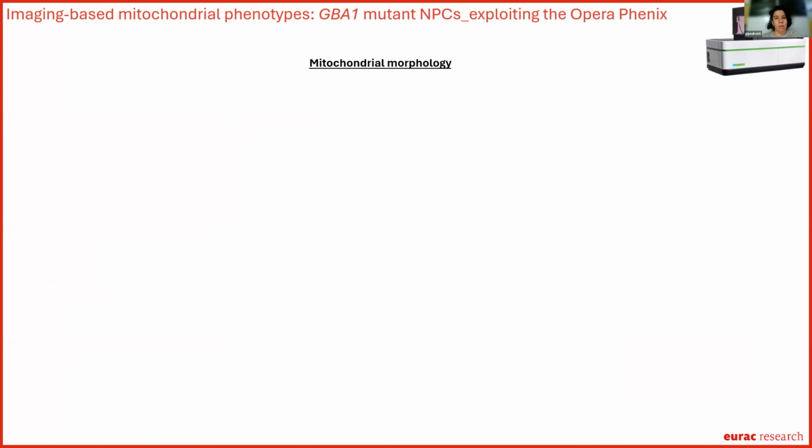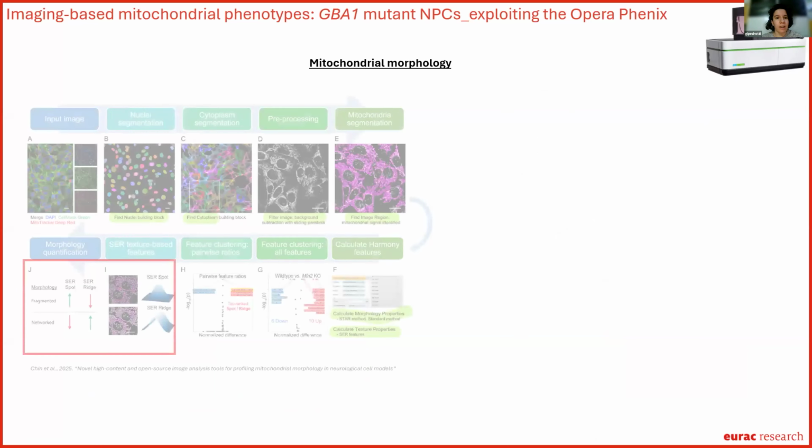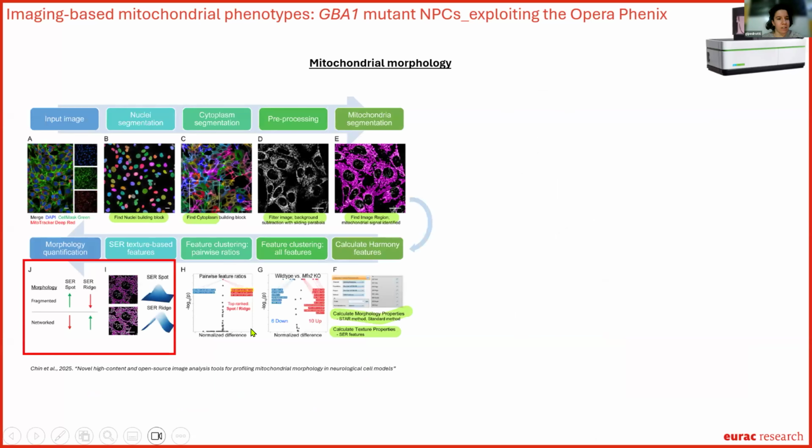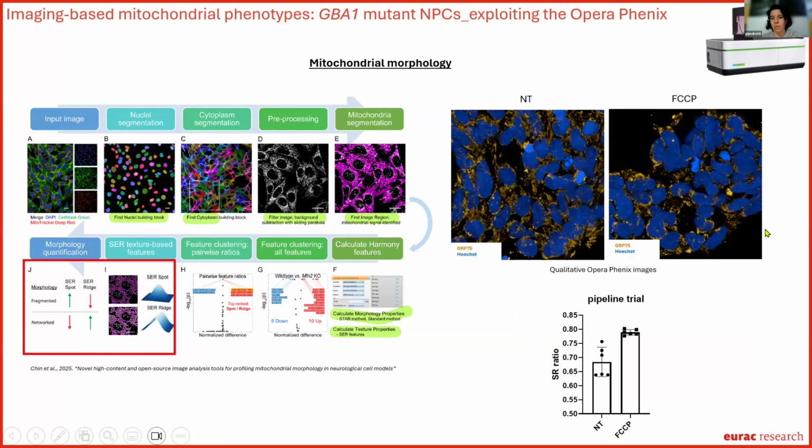We are also trying to set up a pipeline to measure mitochondrial morphology. Again, there is a nice and very recent publication, published at the end of last year, which we are using as a starting point. I've been trying for now to adapt this pipeline to our cellular model, and we are able to nicely see the difference between a normal mitochondrial network and a hyperfragmented mitochondrial network. The next step will be to see if we can detect differences in our patient cell lines versus the control.